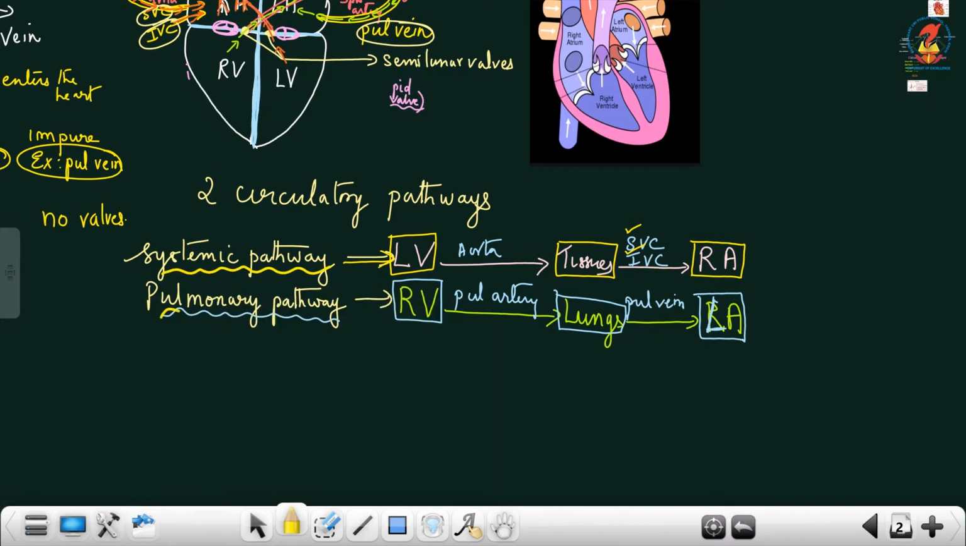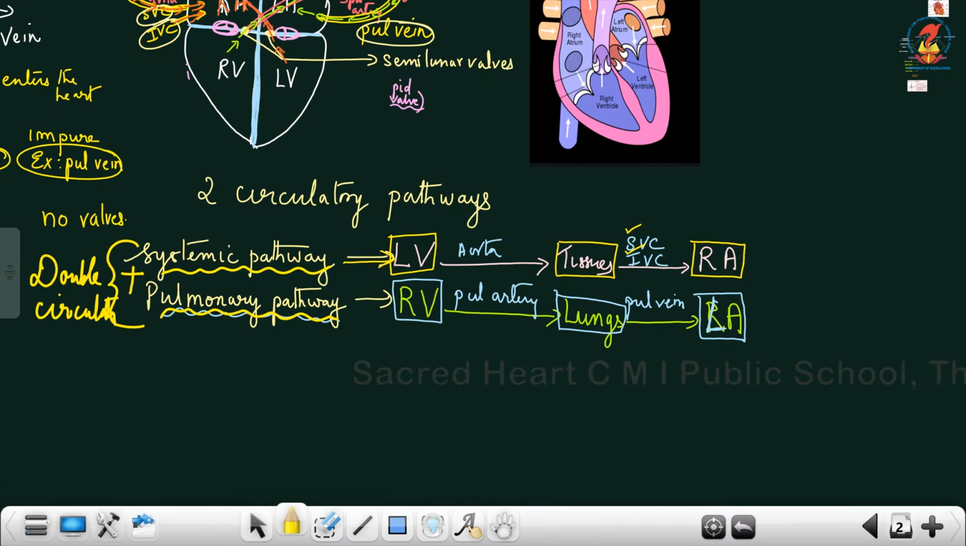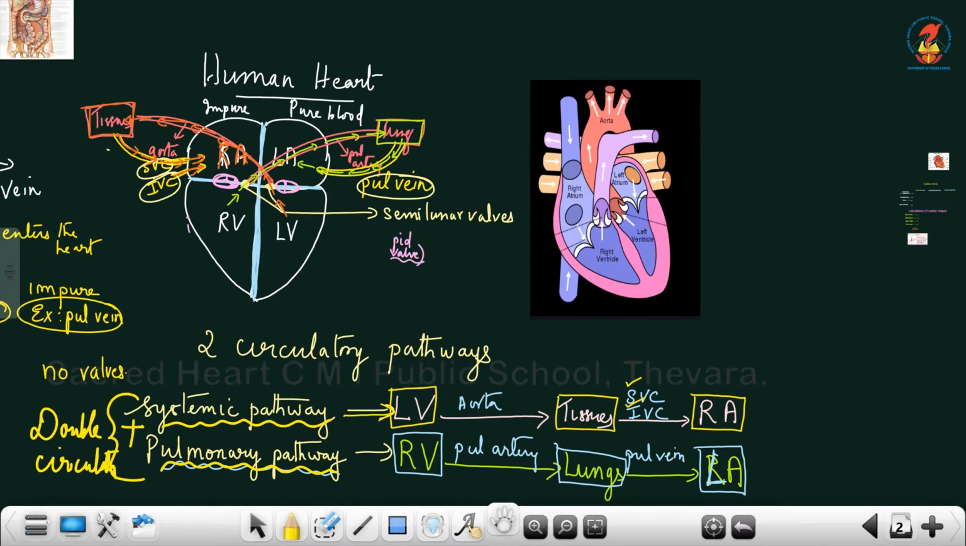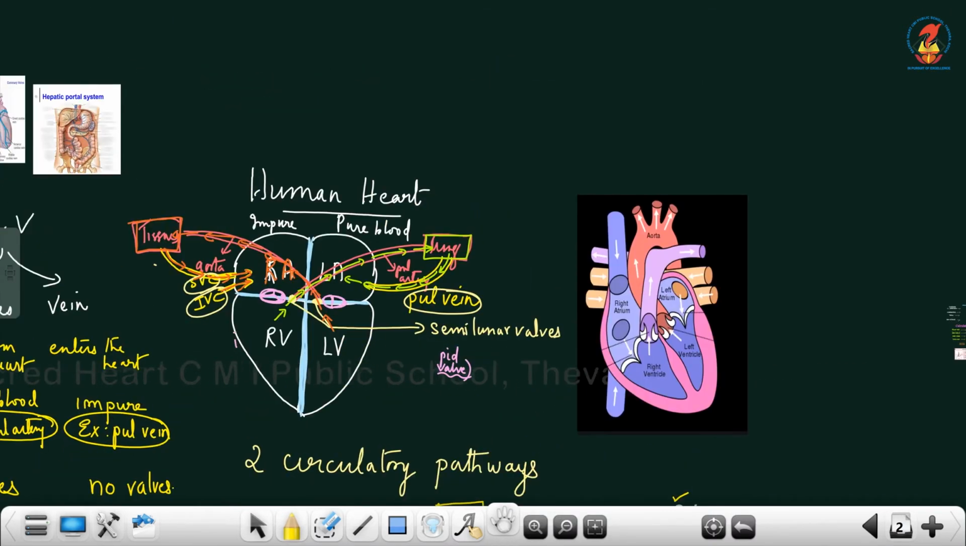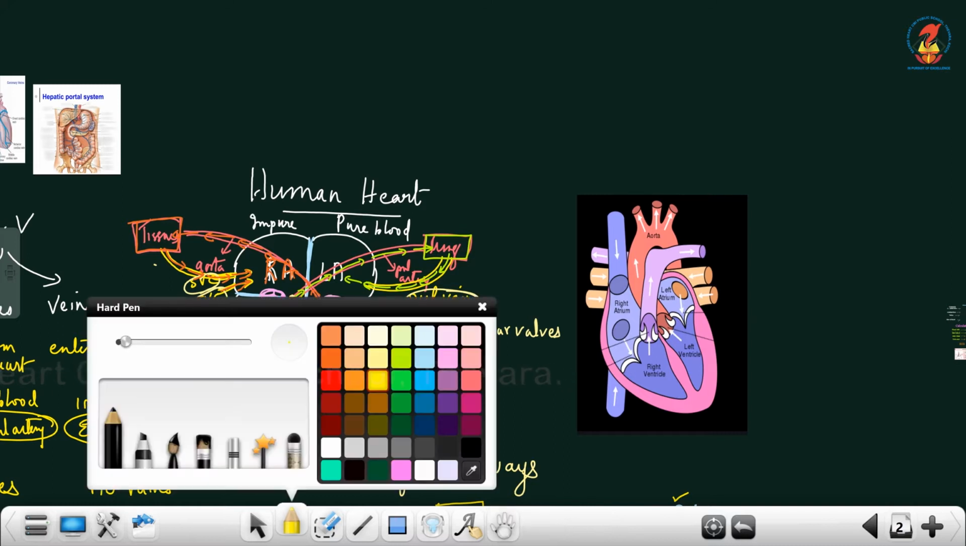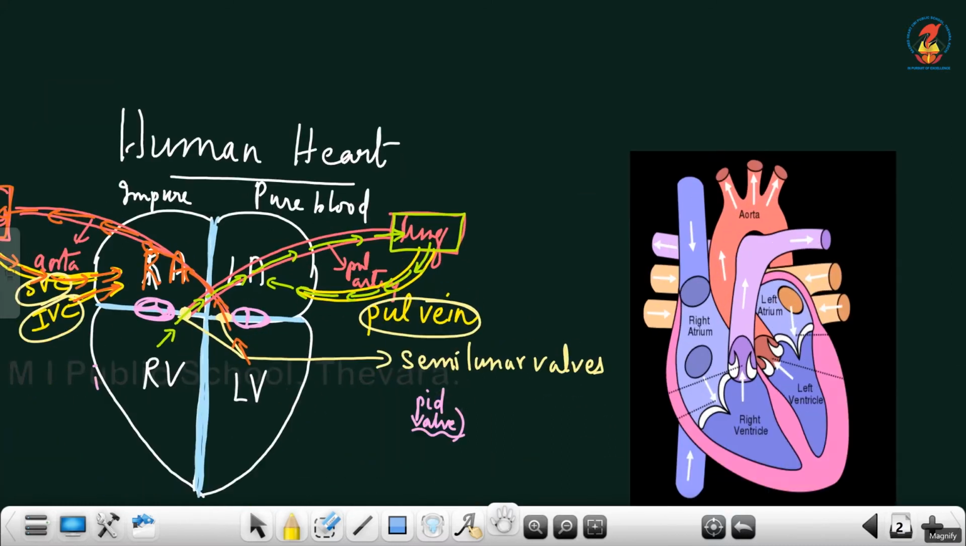So the systemic circulation and pulmonary circulation, these two pathways constitute the double circulation. So we call our circulatory pathway the double circulatory pathway because it comprises two pathways, the systemic pathway as well as the pulmonary pathway. So once again, a recap of the systemic pathway with the help of arrows. Systemic pathway, if I zoom this,